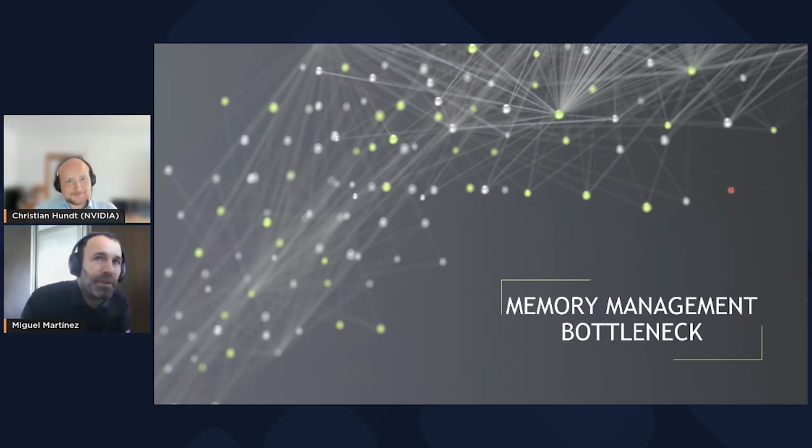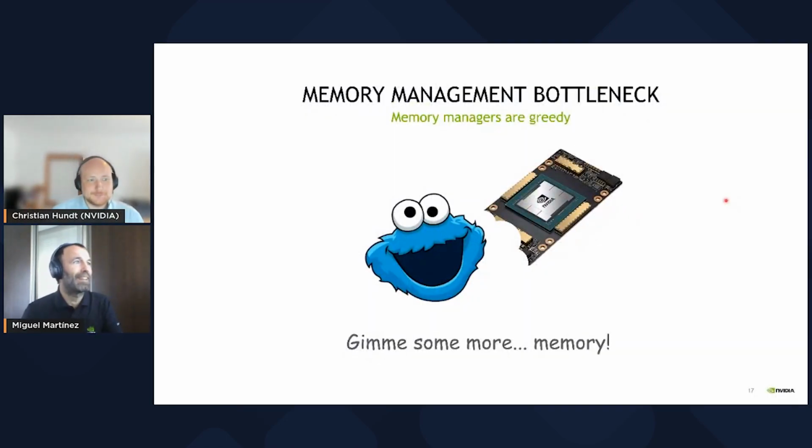Thank you, Christian, and thank you everyone for joining us today. So I like to create this kind of slides that don't say anything, but they say a lot. So you all know the Cookie Monster, so give me more cookies. And that represents what happens with the libraries we use today, with TensorFlow, PyTorch, or whatever. They are really greedy. They want to get as much memory as possible by themselves. Why? Because memory allocations and deallocations are really expensive. So what they think is, okay, I will pre-allocate 90% of the GPU memory available, and I will just manage it internally, but I will pre-allocate it only once.